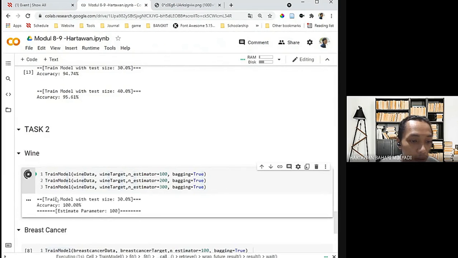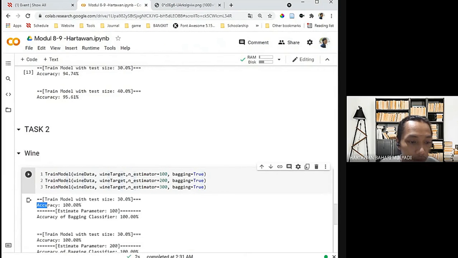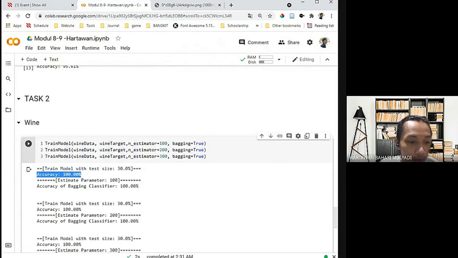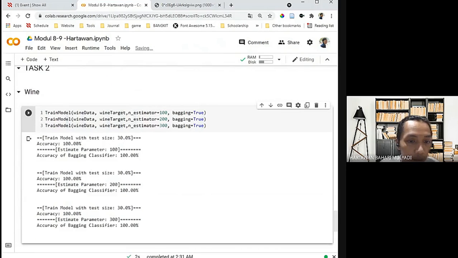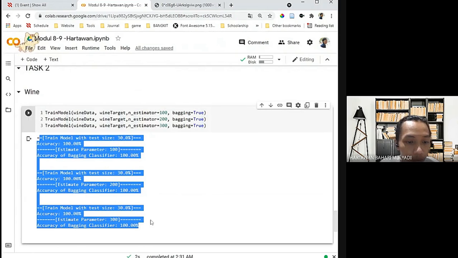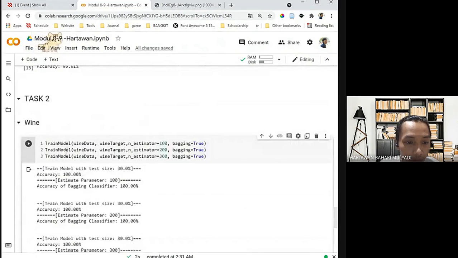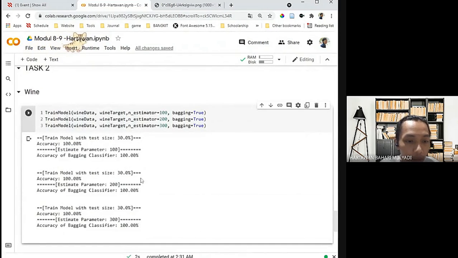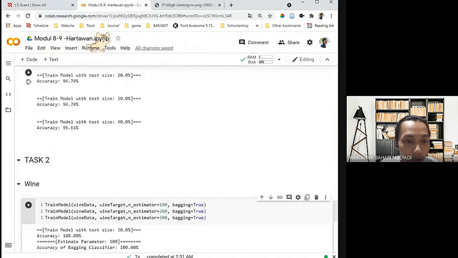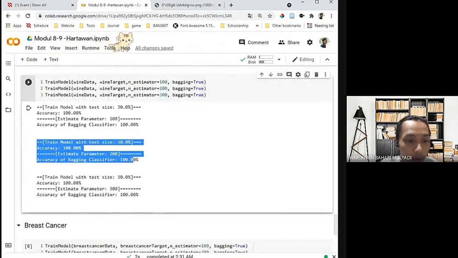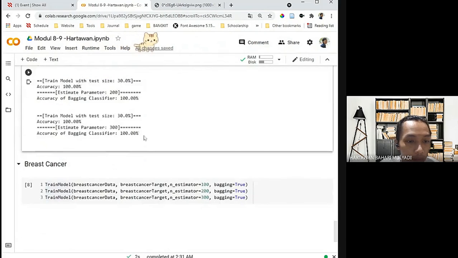So we get the result. This printed result is for just the scaler preprocessing, and next, this one is the result of bagging. So we see here for the wine dataset, we have 100% for every model result.